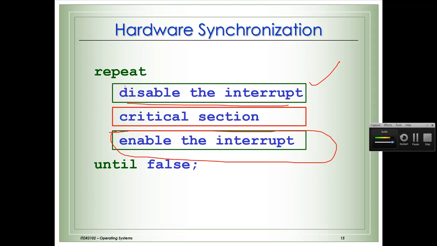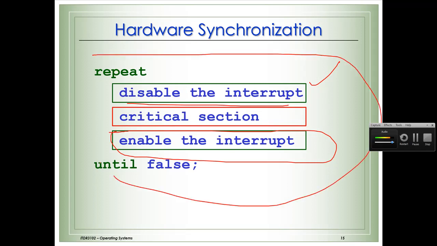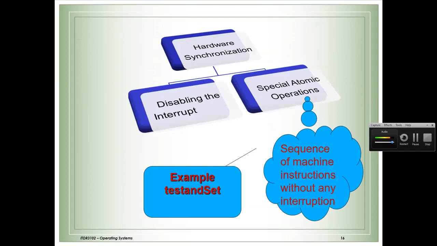So if you don't want context switching to take place, and you want to allow a particular thread or process to continuously run in the critical section to avoid the race condition, you can disable the interrupt, and after the critical section is completed by that process or thread, you can enable it. However, in the modern day multiprocessor system, this scenario is not applicable. So we need not worry about that.